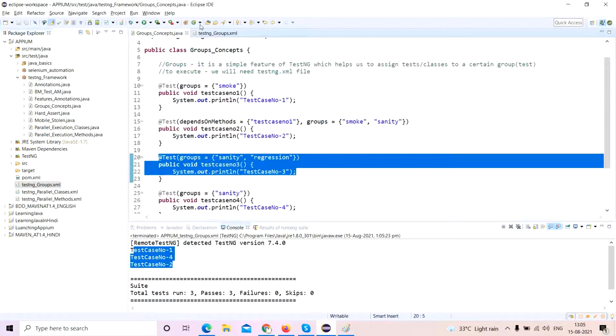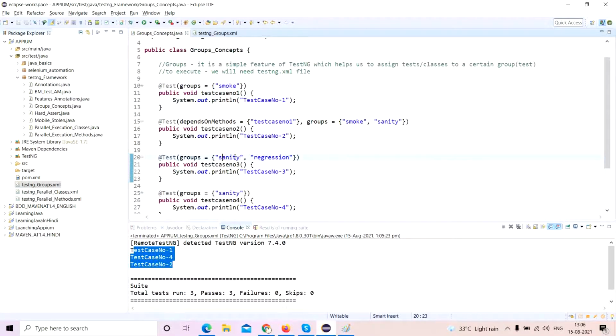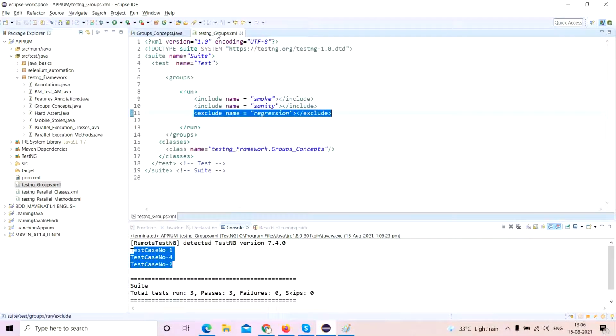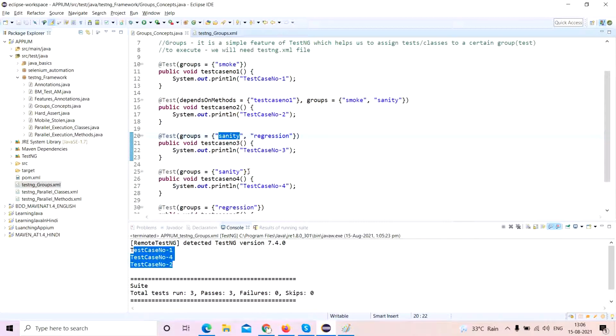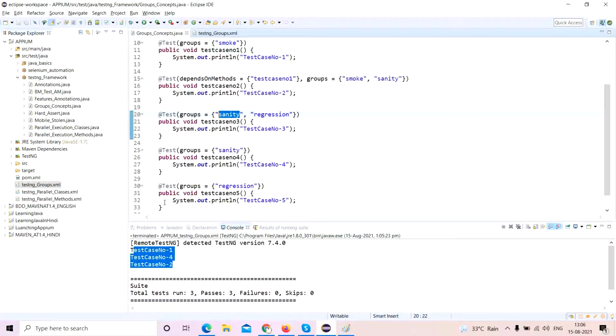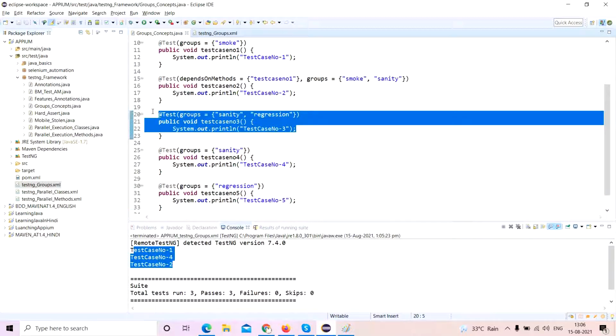Even though sanity is included, and in test case number 3 sanity is also a group, you have excluded regression. So even if there is another group which is included, this will not get executed, as simple as that. Fourth, sanity will get executed. Why? Because sanity is there. Fifth will not, because you have excluded regression. If you are using exclude, that means it will take precedence over inclusion.